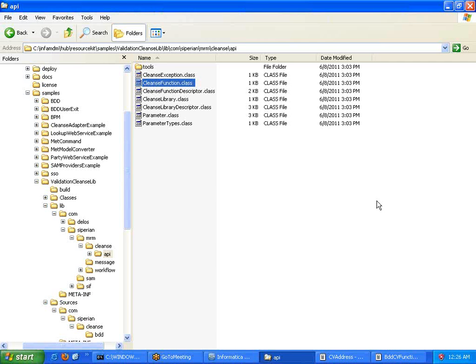Your environment could be, let us say, Eclipse, JBuilder, or a simple command line environment. Whichever environment you use, you need to take care of setting these paths. But you will get these libraries when you buy the Siperian package. Vinay?